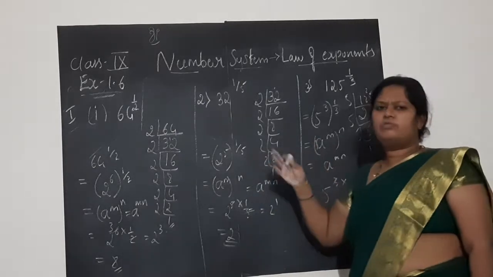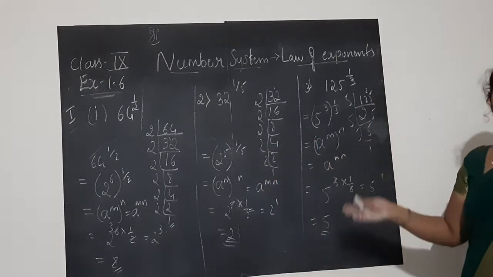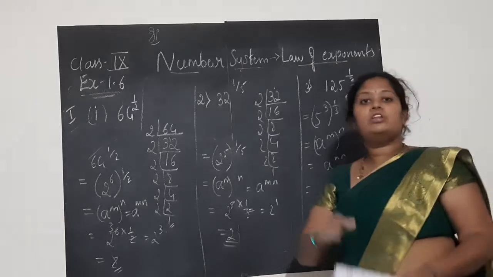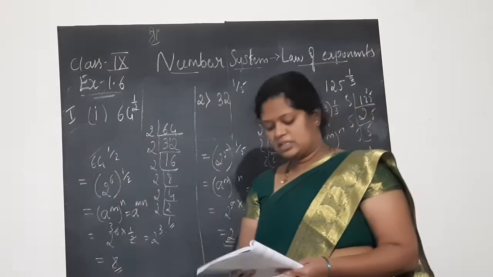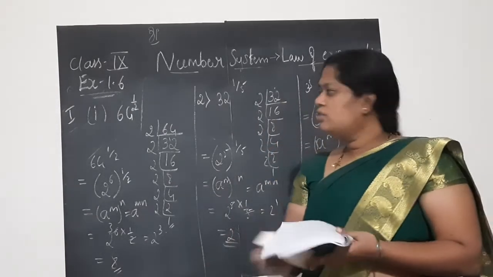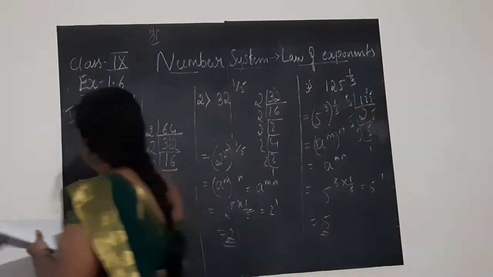It is very easy. See, go for the LCM method, write it in terms of power, simplify, finish. For this you should know all the 4 laws which I told you to write in your textbook. This is about the first main. So we shall go to the second main.